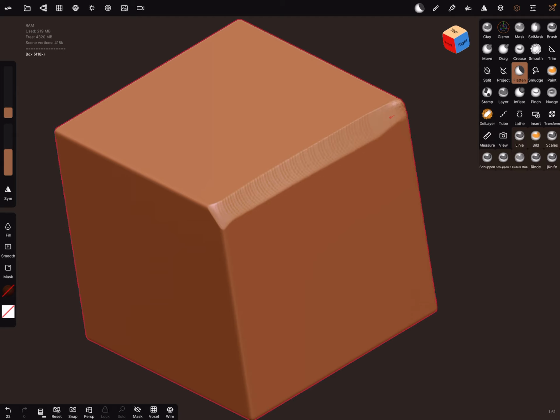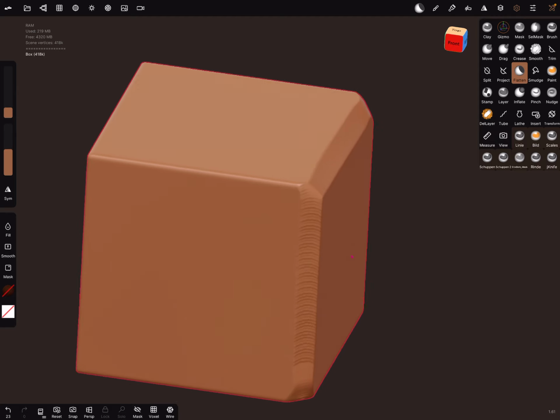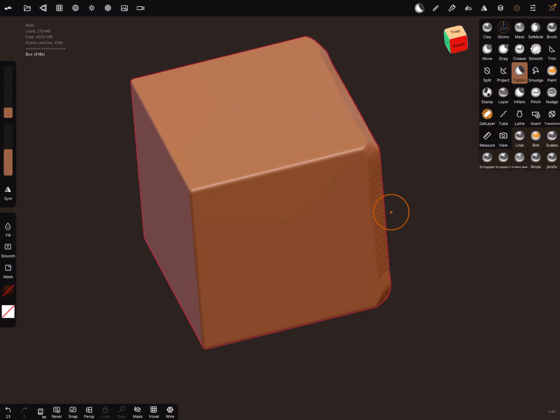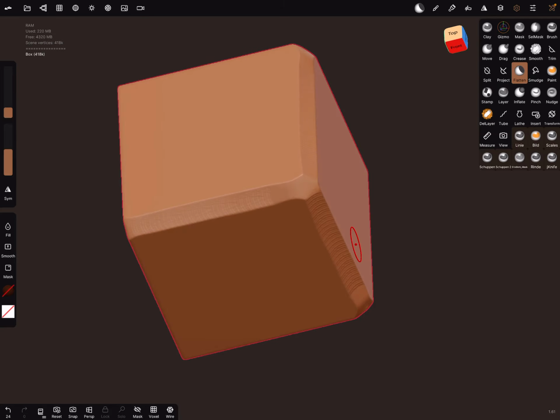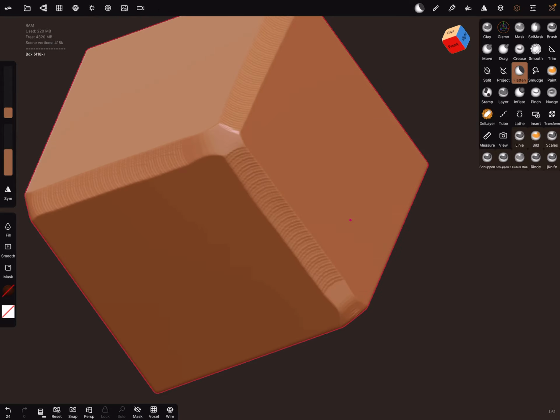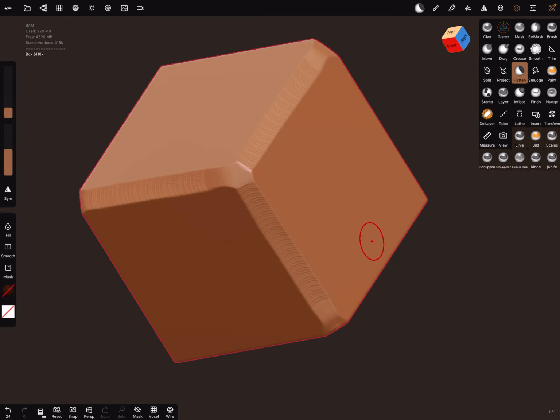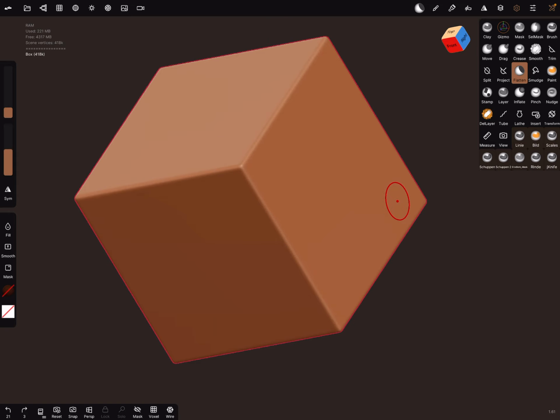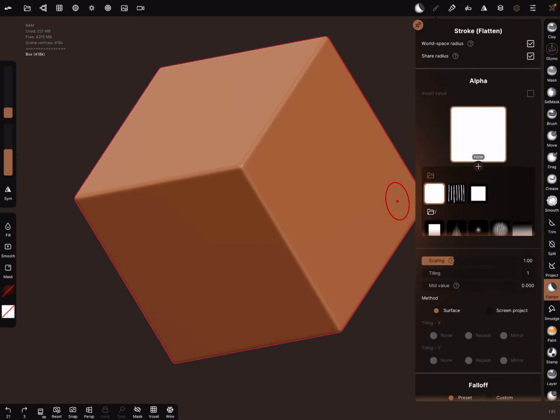you can now flatten every corner with the same settings and pressure of your pencil. Nothing changes. And for the flatten brush, you can also